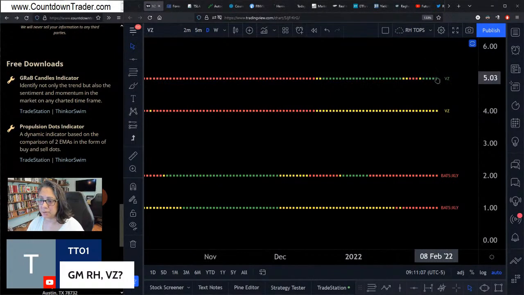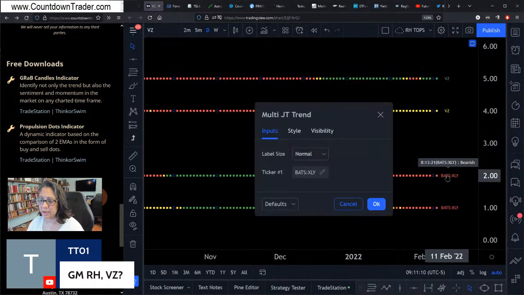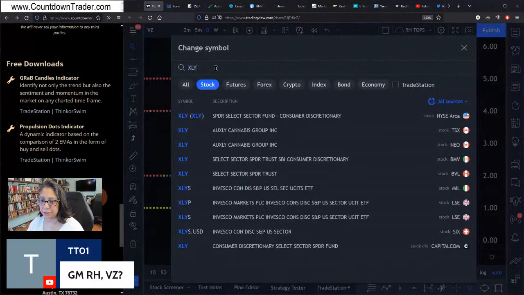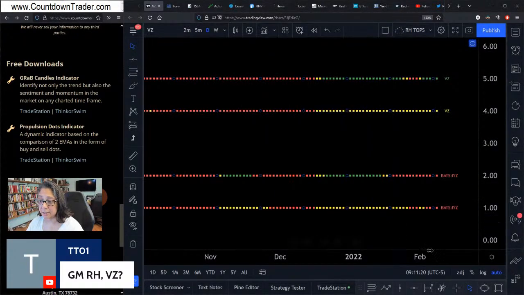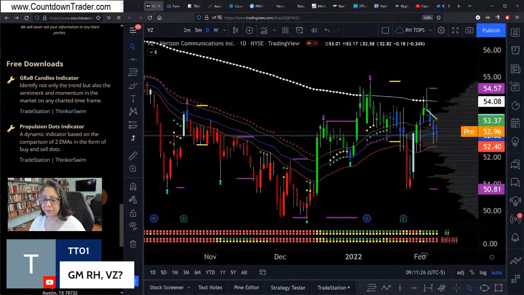That's kind of neutral and bullish momentum. And then if I want to compare that to IYZ or even the XLC, see how the XLC or IYZ are red over red? And this stock is bullish momentum neutral. So it's doing something different than the tide. If you want something that is bucking the trend, I typically don't want to do that. If the overall tide is going out for the group that this stock belongs to, I'd rather be trading in